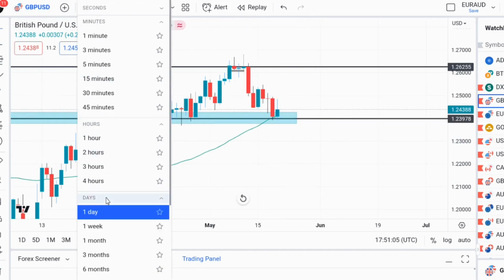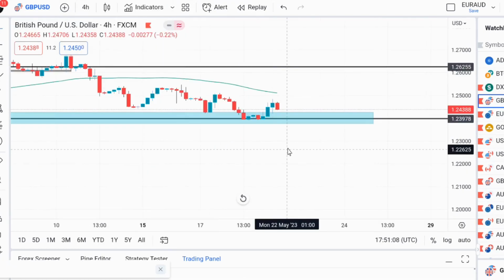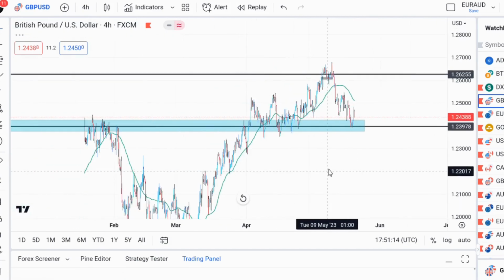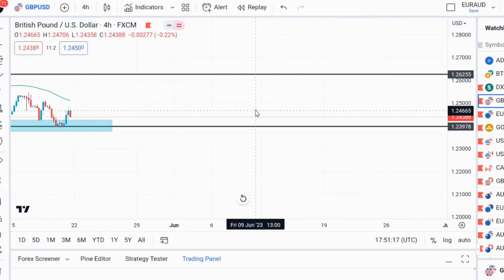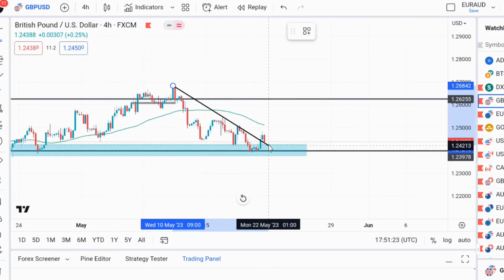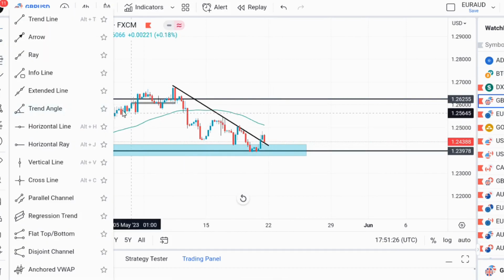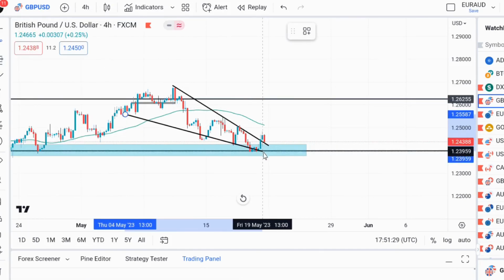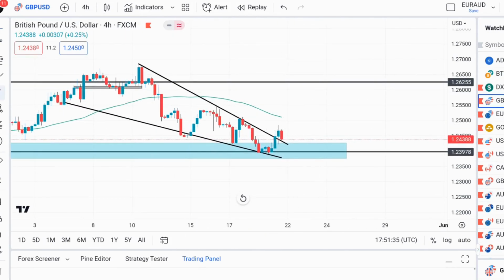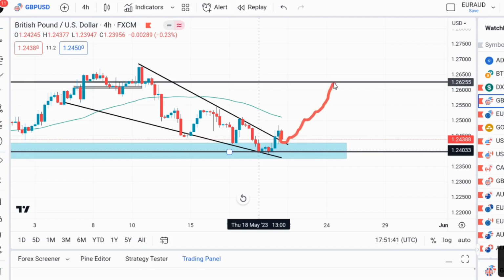If you check the 4-hour time frame too, we might have a safe zone at that particular area. So right here, if you zoom it further, let's zoom it further right there, we might have a chart pattern at that particular area. As you can see, there's a chart pattern at that particular area right there, which means that we have a breakout of that chart pattern. So if we have a rejection at this particular level, it means that there might be a move to 1.26255. So that's our target.